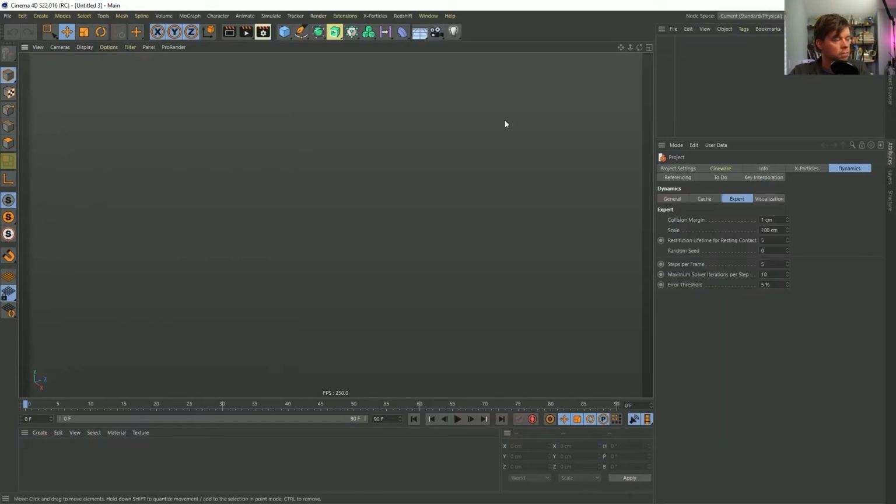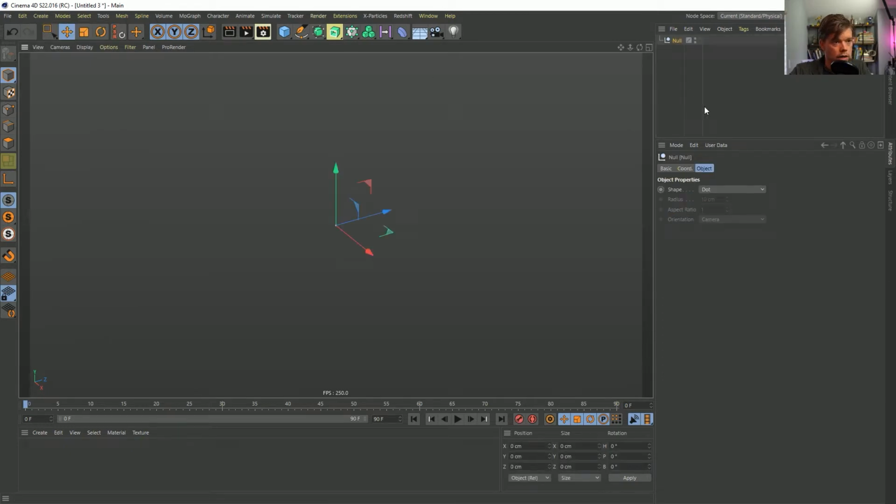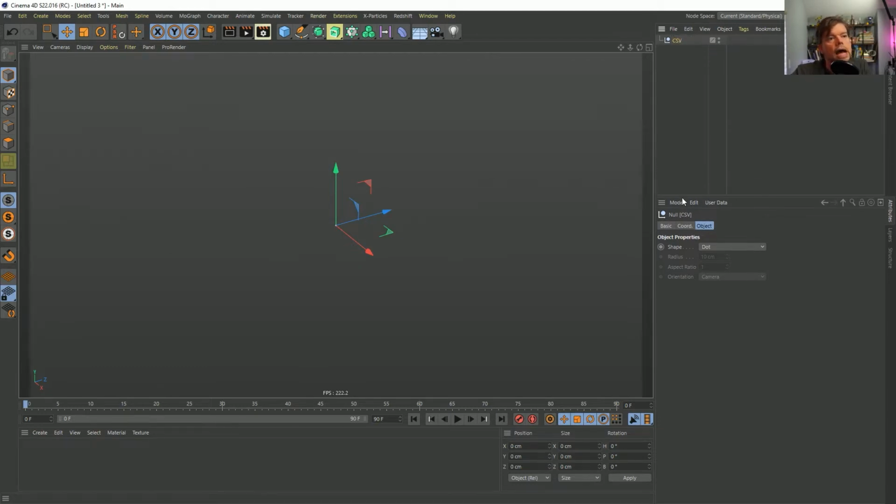Let's jump into Cinema. Wow, how do we get this thing in? Well, I'm going to create a null. And this null, let's just call this CSV. We don't have to, but there's our CSV. I'll probably do this wrong a couple times, and we'll eventually figure out how to do it correctly. But there's a function in Cinema, and to tell you the truth, I have no idea where the button is. But if we just hit Shift-C and we search for ASCII, but you can actually just type in II, because there's very few things that actually use